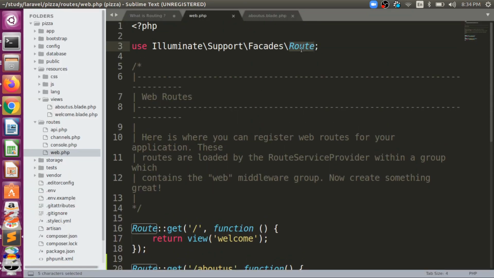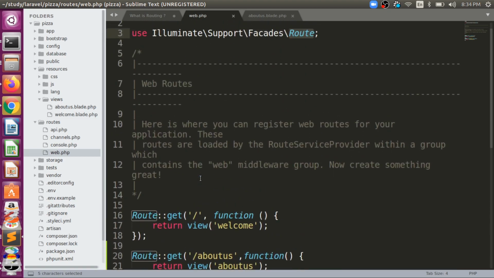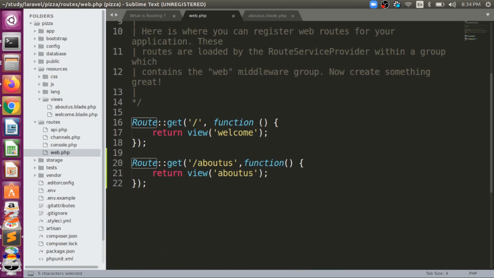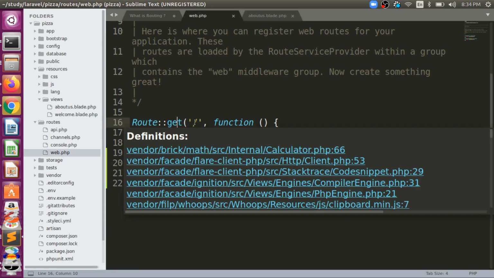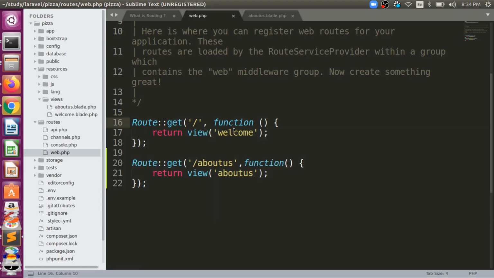Then in the web.php we have used this Route facade, right? This is my class which I am using for the routing. This is in the Facades directory, right? You guys can follow this path, and we are simply using the get method, right? Right now we are only using the get method of the Route class, which is a static method. Then on slash we are just loading the welcome view, right? Welcome.blade.php, simple.